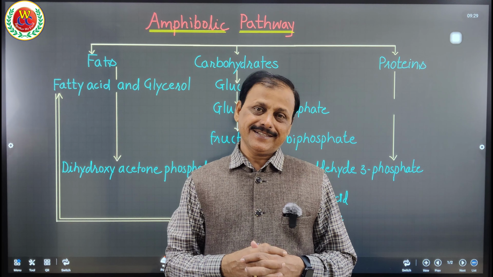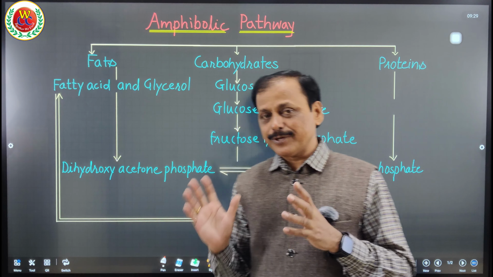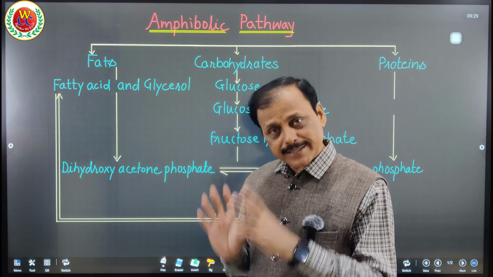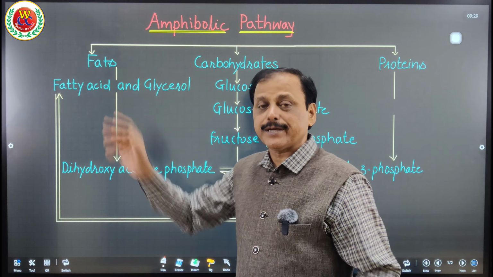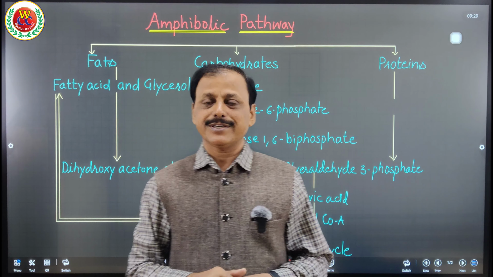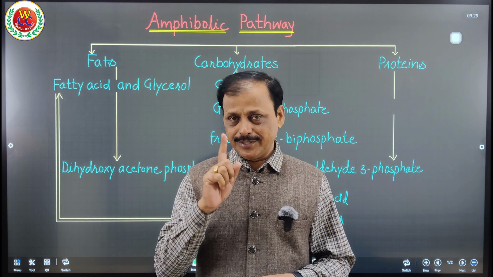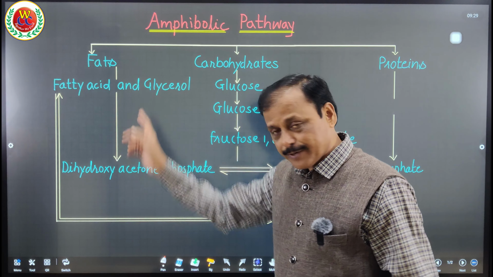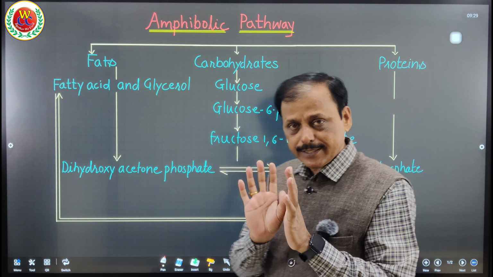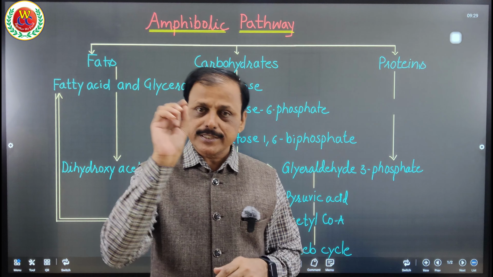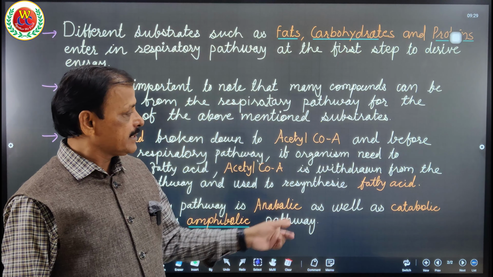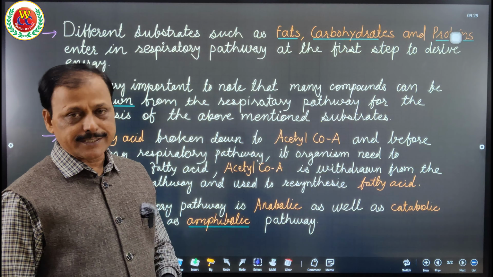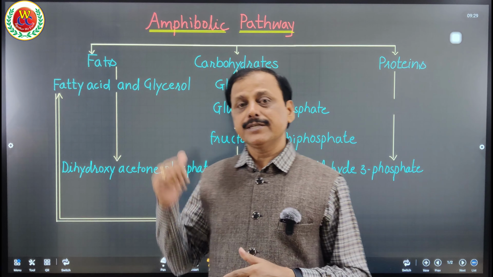I hope you did understand what exactly is happening. The stepwise breakdown is respiration, but at the same time, as a product, acetyl-CoA is withdrawn from that pathway to resynthesize fat, that is anabolism, and together it is called an amphibolic pathway. I hope you will practice this, and a flow chart as a presentation can be asked: draw a schematic flow chart of amphibolic pathway. For explanation, you can refer to the second page. Here it is given in detail what I spoke to you as a part of notes, and you can mention it there when the question asks what is amphibolic pathway, explain it with a schematic flow chart.